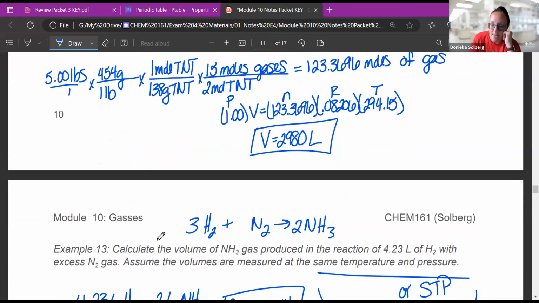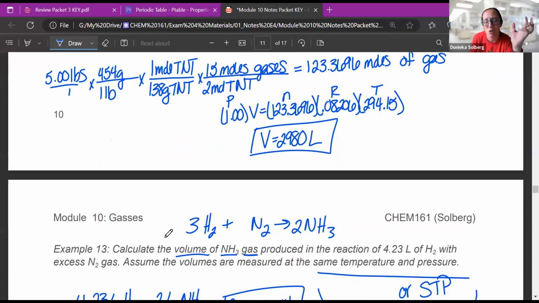Example number 13 says calculate the volume of NH3 gas produced. So I want volume, that's liters, of NH3 or ammonia gas produced in the reaction. Okay, gas is like my keyword here, right? I'm going to have to use PIVNERT or 22.4 in the reaction of 4.23 liters of hydrogen with excess N2